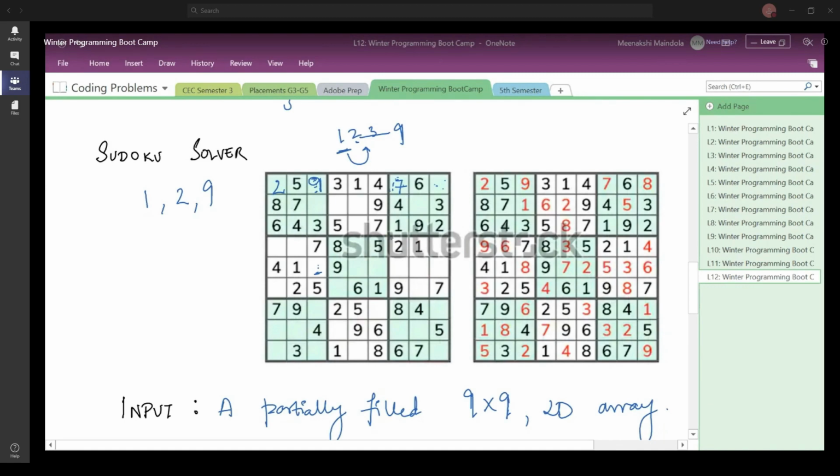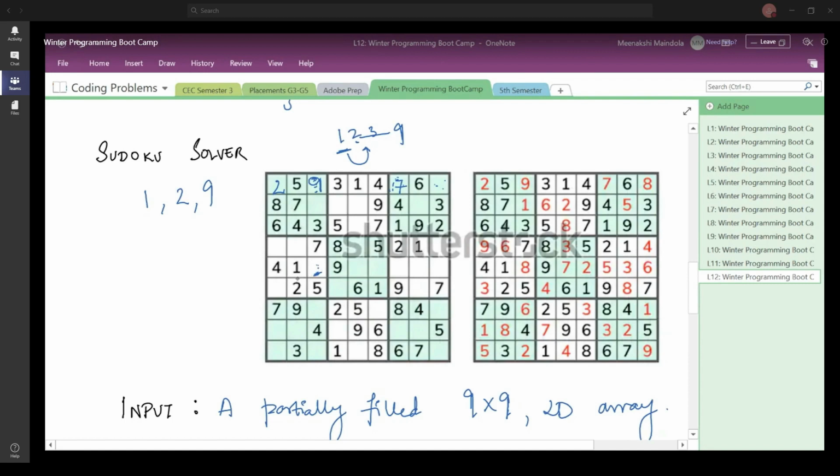Why? Because you will say that either this number is in the row or it is in the column or it is in the sub matrix. Okay? So the same condition will happen here when your program is going to realize, let us say realize, it won't realize, but anyway, it is going to come across this thing that I cannot fill in any digits from 1 to 9 at this particular position. So what it is going to do in that case, it is going to go back to the position that it previously filled. So suppose before this you had come to this position, and at this position you find out that I cannot fill any digit starting from 1 to 9.